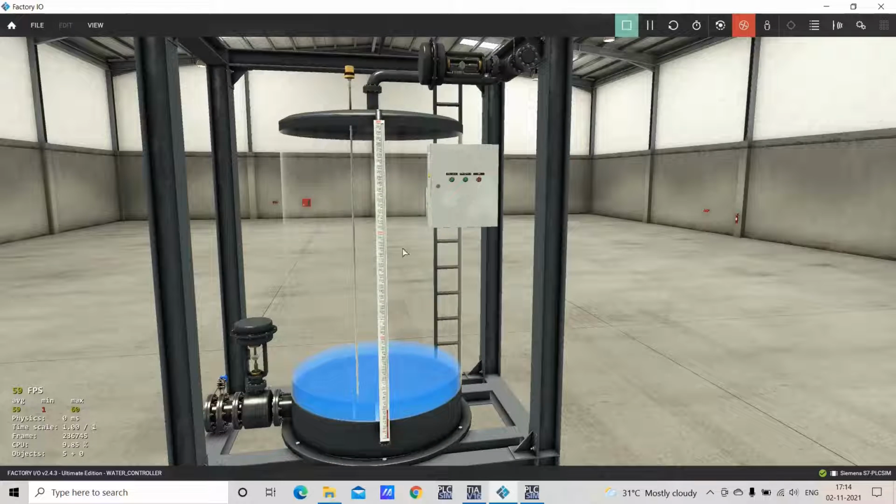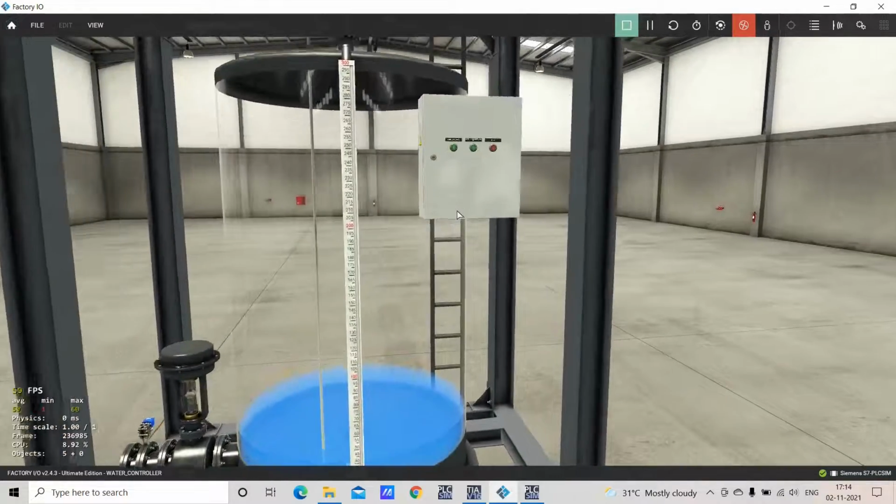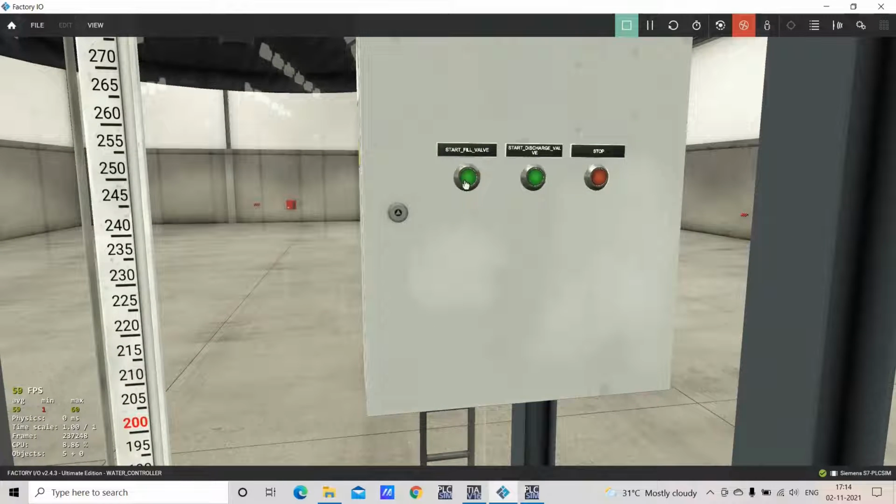Now in the next part we will have a slight modification in the program. That means when I press this start button, start valve, instead of turning on this indication, it should blink this LED. So we will see how to blink this LED when I press this start button. This is what we are going to see in the next part.